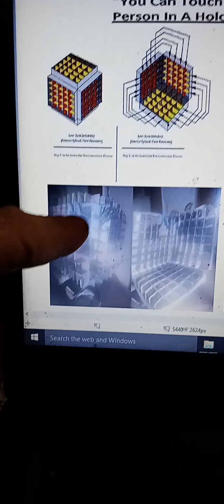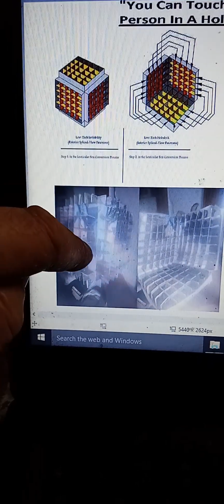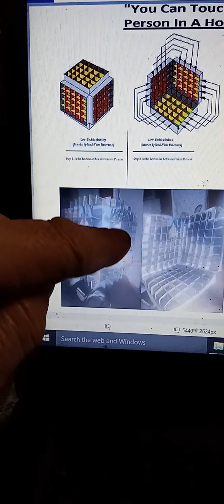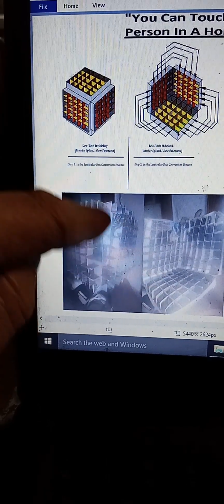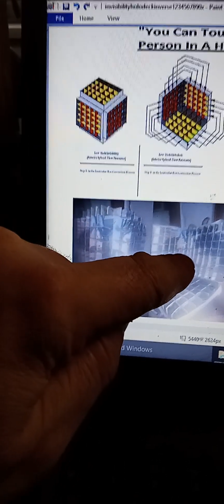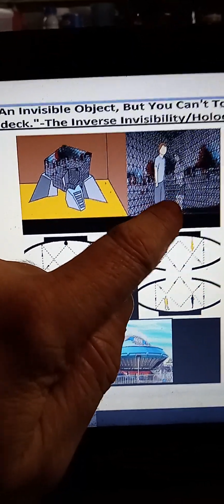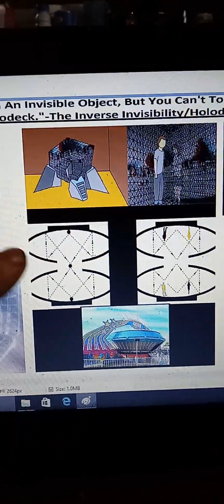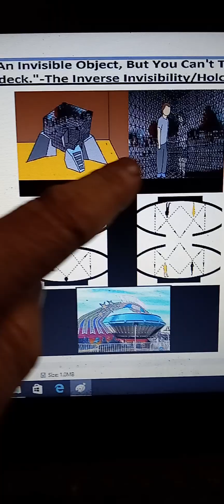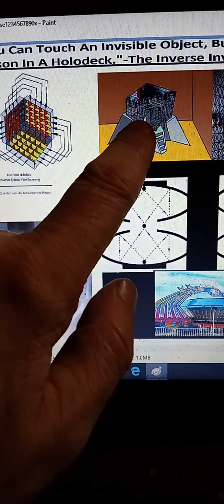If I was to go all the way around that tree, on top and everything, that tree would appear in the center of this room, like this lady appears in the holodeck. Although she's not there, she is in essence really not there, but an invisible object is there.